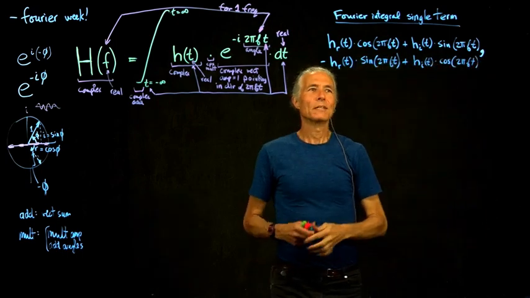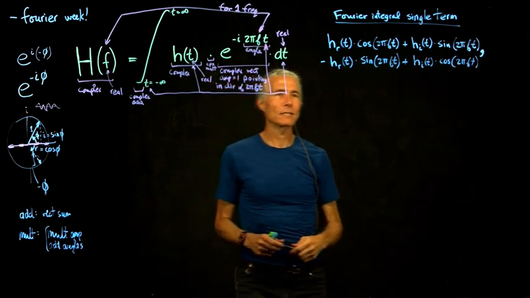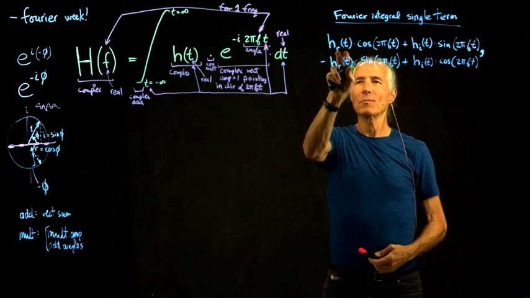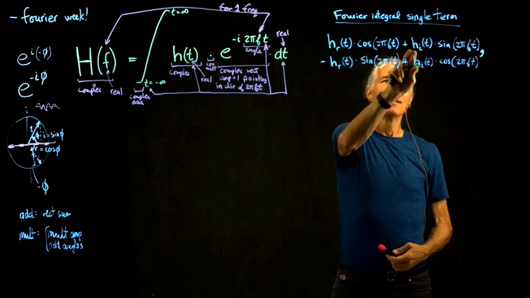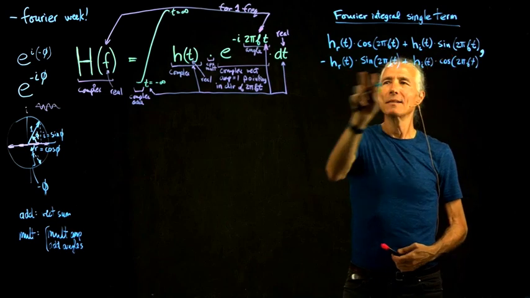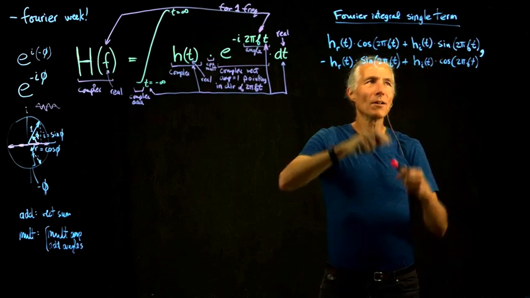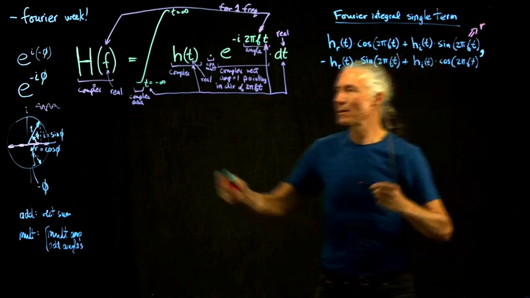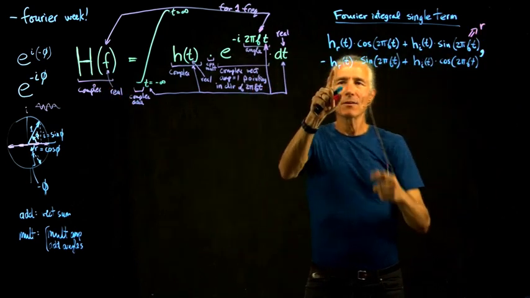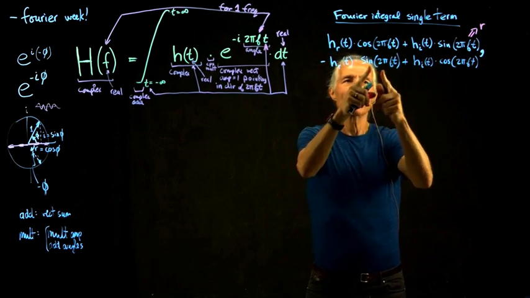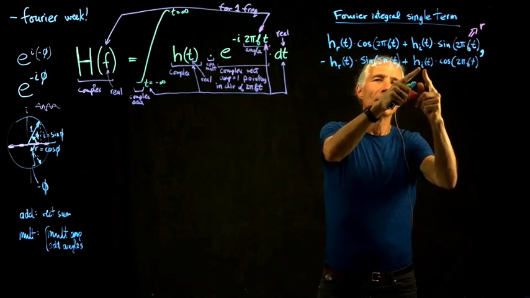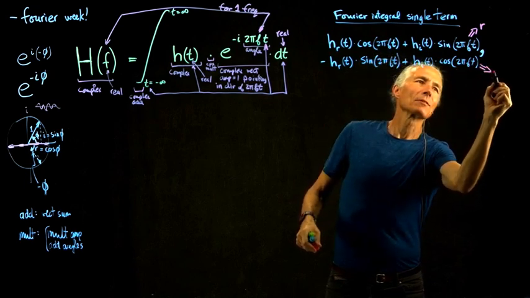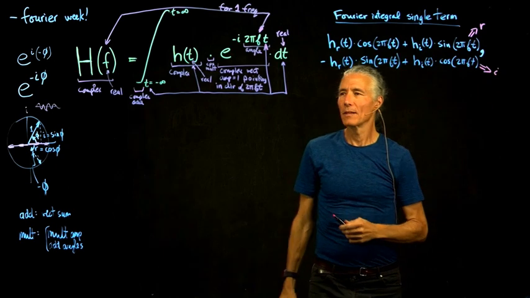Okay, so that's the whole mess written out. So it's actually 4 correlations. You sort of correlate the real signal with the cosine, correlate the imaginary signal with the sine. All told, that whole thing equals the real part of our output number, and then correlate the negative of the real part with the sine and the imaginary part with the cosine,